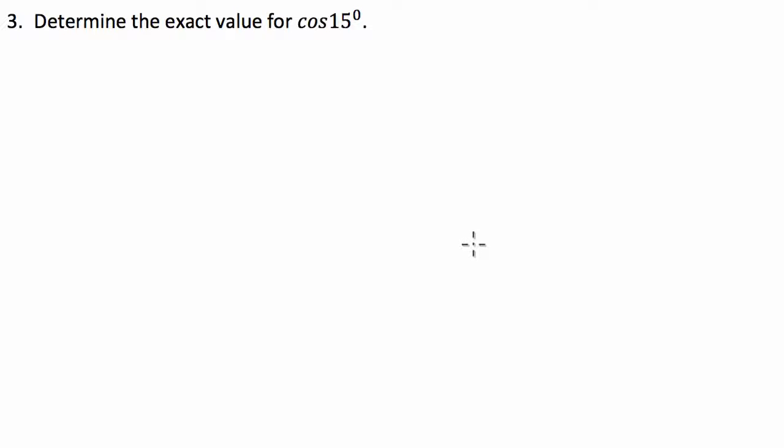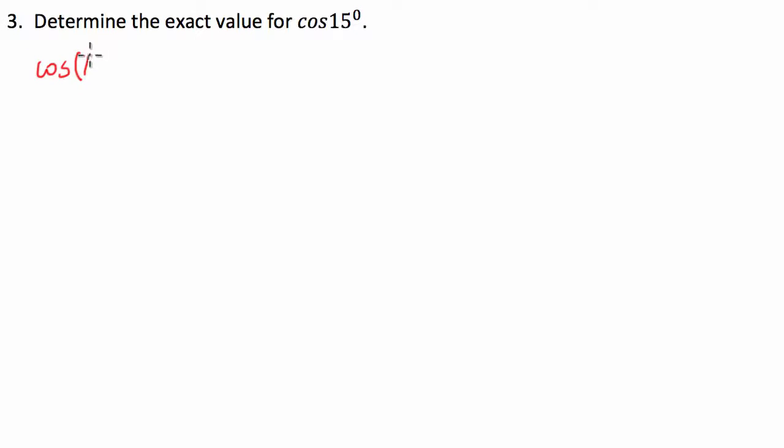G'day guys, today we've got a trigonometry question where it's asking us to determine the exact value for cosine of 15 degrees. Now, we don't have an exact value for this off the top of our heads, but what we can do is utilize a trigonometric identity to determine what the cosine of 15 is. So the trigonometric identity we're going to use is this